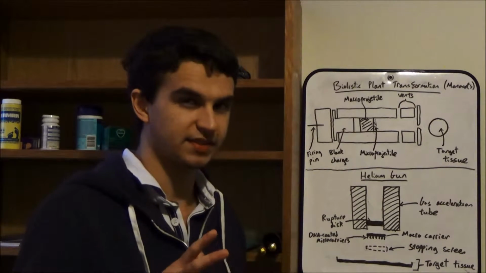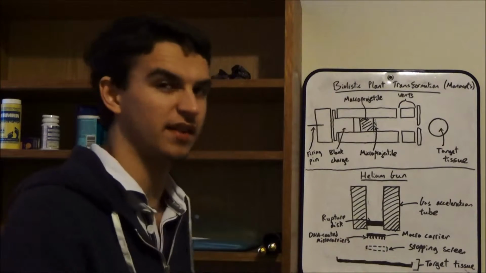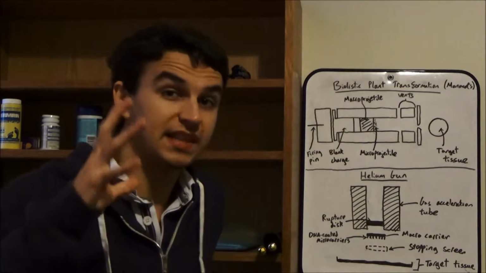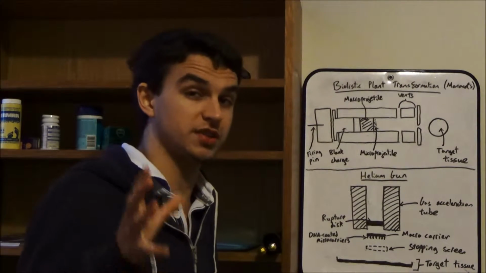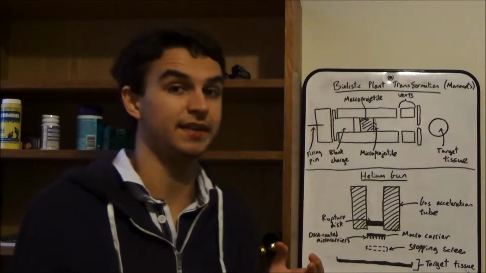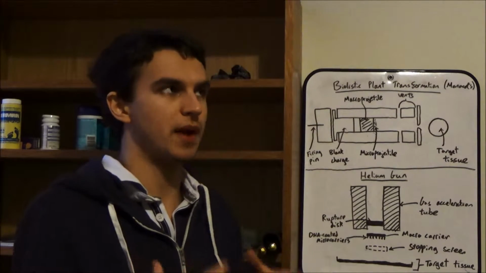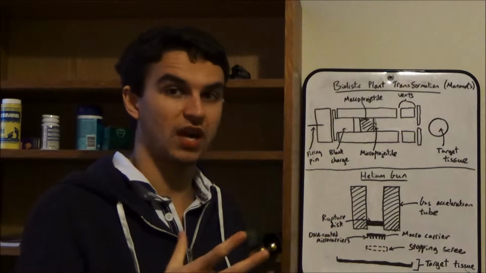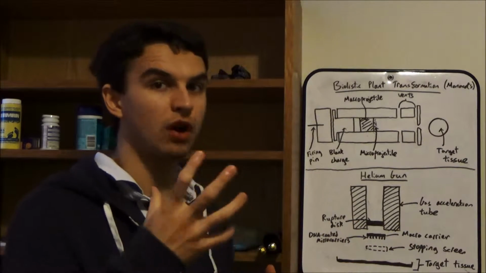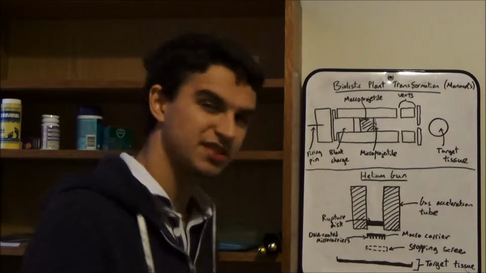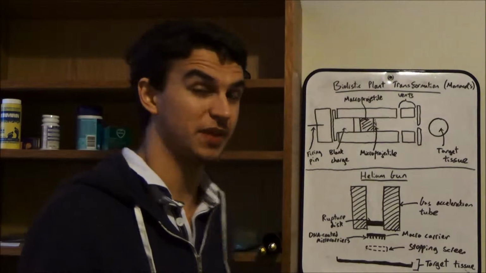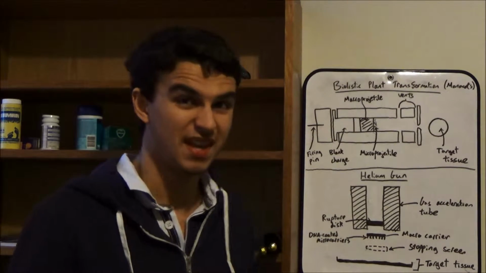Now this method wasn't developed specifically for plants, but it's quite a nice case study to do it in. Of course it's particularly important for us to transform monocots because the monocotyledonous plants actually contain some of the most important plants which we may wish to transform. A lot of the grasses, for example, wheat, rice, that sort of thing. A lot of the plants that we use in agriculture,